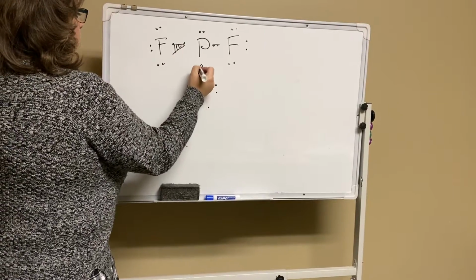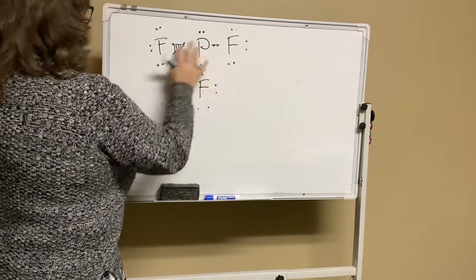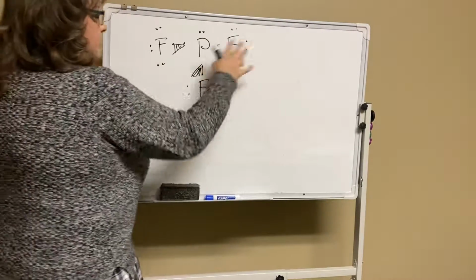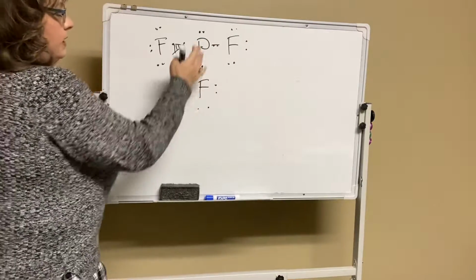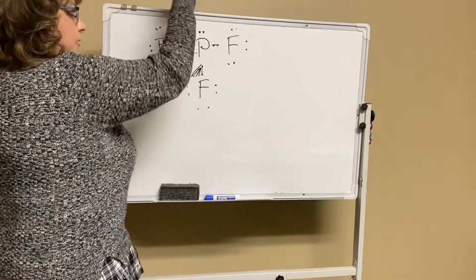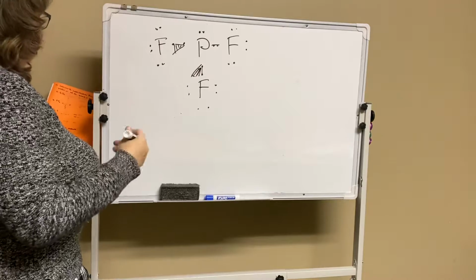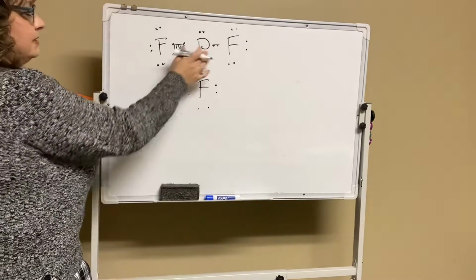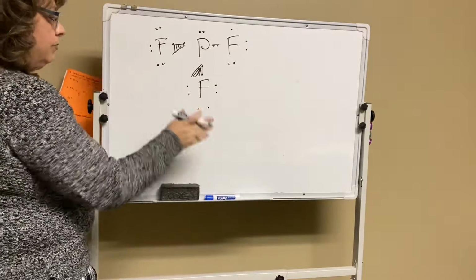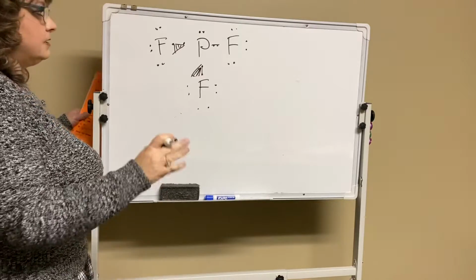One of the things we notice here, even though this is fluorine and it's pulling, is that it's asymmetrical, meaning it's not pulling equally. If we had another one up here, if this was a tetrahedral, it would be pulling equally, and that would make it nonpolar. But because this is asymmetrical and it's not pulling exactly to cancel out,